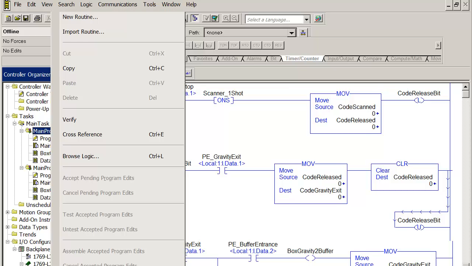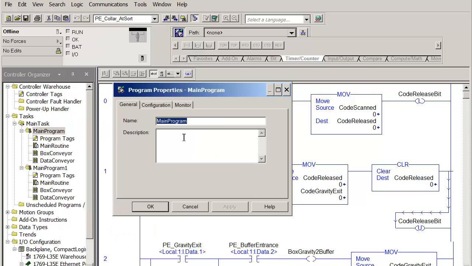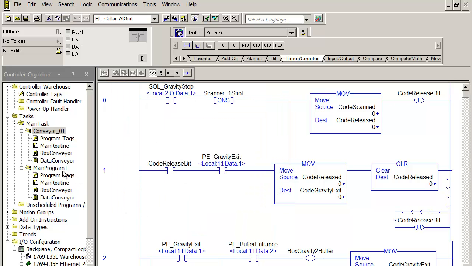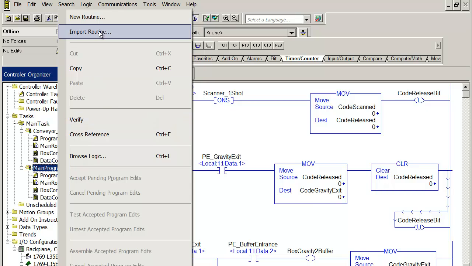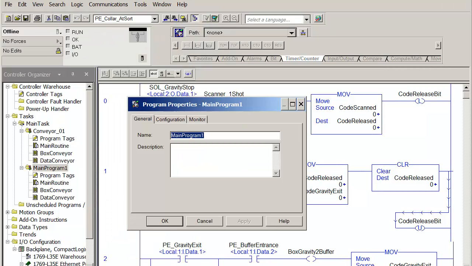Now, just to be clever, I'm going to go up to this program and change the properties, and I'm going to call it conveyor 01. To make it a little bit clearer, we'll put a little underscore. Conveyor_01. Apply. OK. I'm going to go to this one, right click. You can't see it, but I'm going down to properties, outside of the view of the screen capture here, and I'm going to call this